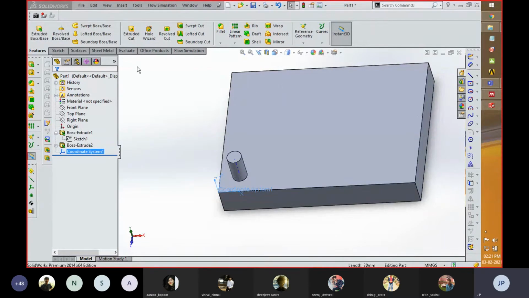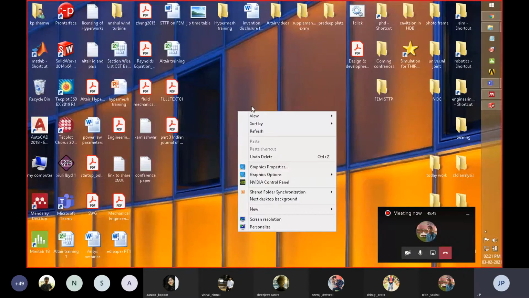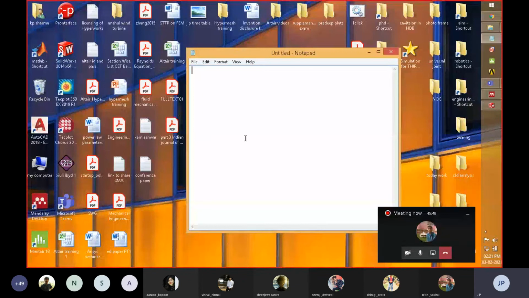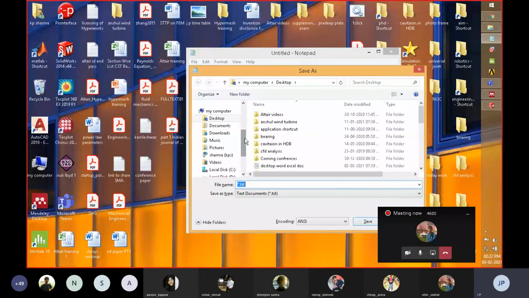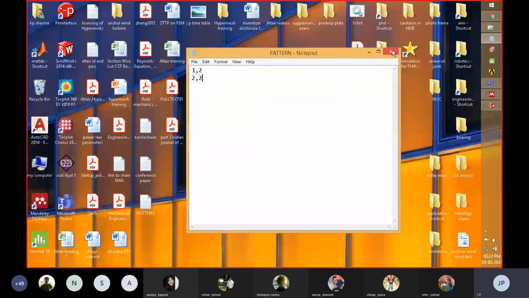With this, actually I'm going to create another file. So what we need to do is create a text file which is required. Actually I created this pattern file which I am going to delete. And then I need to create a text file where I have to tell the dimension from the cylindrical component at which it is going to be located. So 1, 2, then 2, 2, whatever the unit system you followed, as per that you have to fill in these values. Okay, so I named it pattern and then click on save. Okay, so this file is saved.